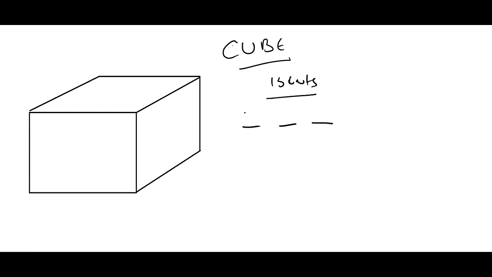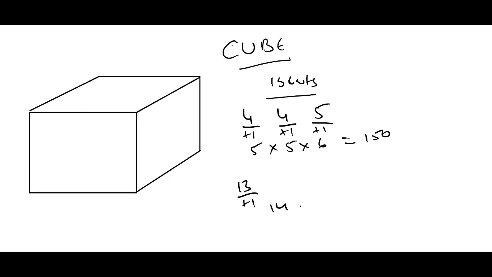If it would have been 12 cuts, we would have made 4 cuts in one direction, 4 in the other, and 4 in the third direction, but it is 13, so we'll make 4, 4 and 5 cuts, so it is almost equal. By making 4 cuts we'll have 5 pieces, again 4 cuts we'll have 5 pieces, and 5 cuts we'll have 6 pieces. So the total number of pieces will be 25 into 6, 150. Now if we make all 13 cuts in one direction, we'll have 14 pieces. So on one plane we'll have minimum pieces, on the 3 planes we'll have maximum.